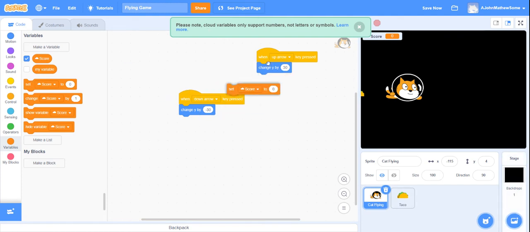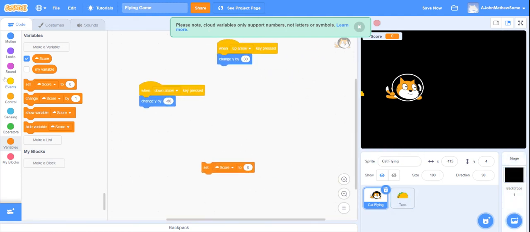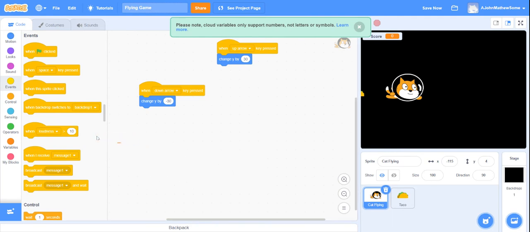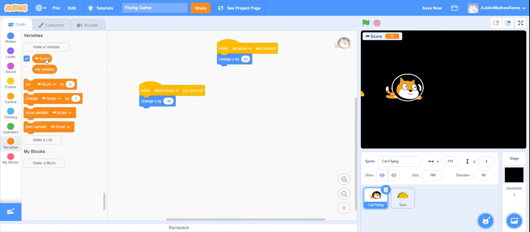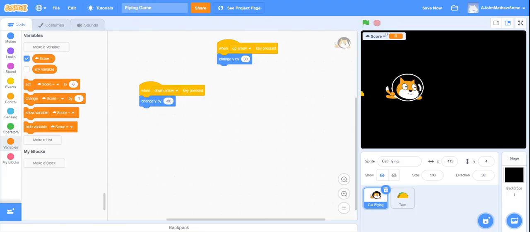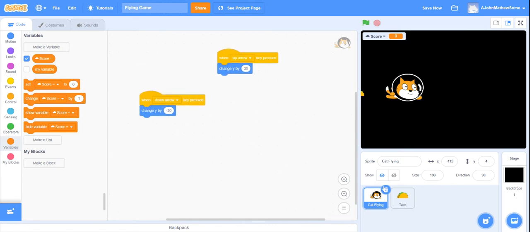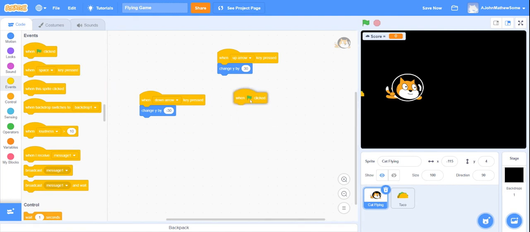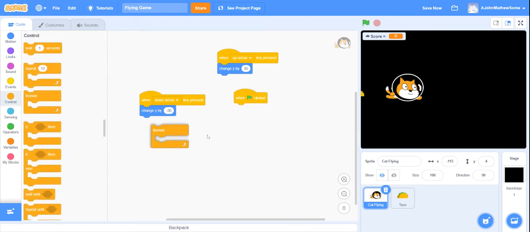So set when it is touching. So is it showing it? Yes. So score equals to, we can change it to equals to so that it will be much more evident. Score equals to this much. So when flag clicked, this needs to run forever. It means to check it forever. Forever,